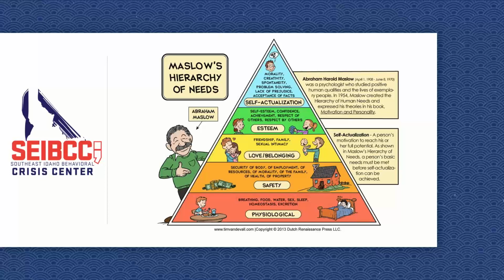Number one, we have to have our physiological needs met. We need to have food, we need to have water, we need to know where we're going to sleep, we need to be able to use the restroom. We have to be breathing, right? Those needs have to be met before we can even worry about friendship, family, some of those things. If I don't know if I'm going to eat, it's harder to worry about my finances, right?